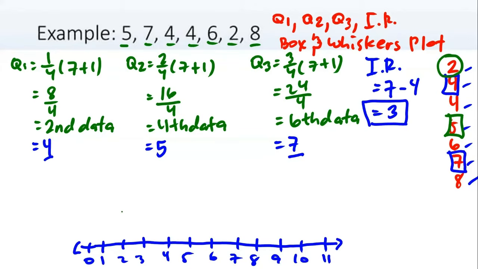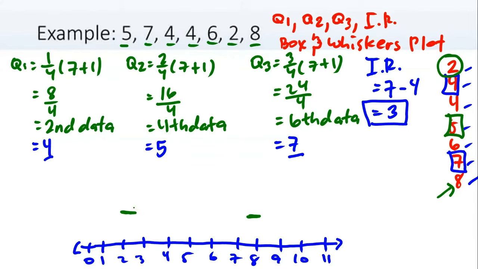So, maglalagay ka lang dyan ng maliit lang muna na line. Okay, so 2, don't forget yung 2 natin. Susunod, ano yung highest natin? We have 8. Sana dyan yung 8. Nandito. Now, mag-draw kayo din ng maliit lang na line na parallel or I should say na straight dun sa